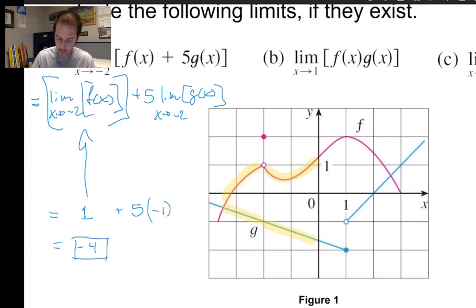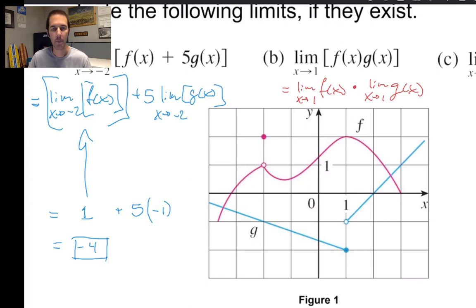So realize that in part b, we could rewrite this as the limit as x approaches positive 1 of f of x plus the limit as x approaches 1 of g of x. And then you want to go through that very same process of trying to determine what those limits are, and our hope is that they exist. If they don't exist, then we won't be able to answer this question, or rather, if one of them doesn't exist, we won't be able to answer this question. I also wrote that as a sum, and it was intended to be a product, so we should have a